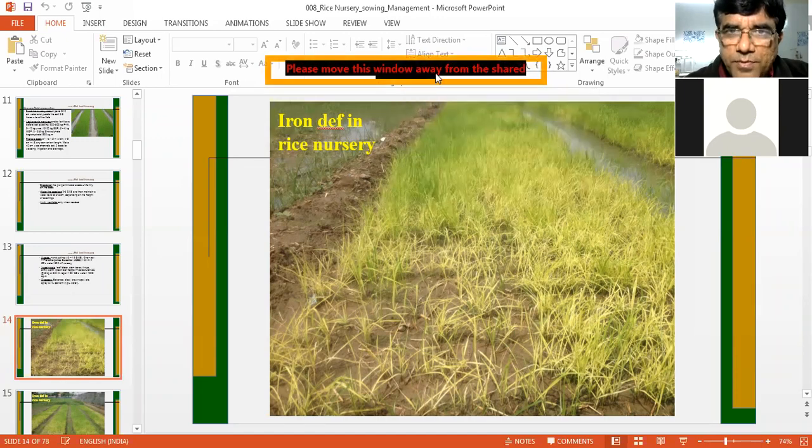Please move this window away from the shared. What does that mean? Anyway,